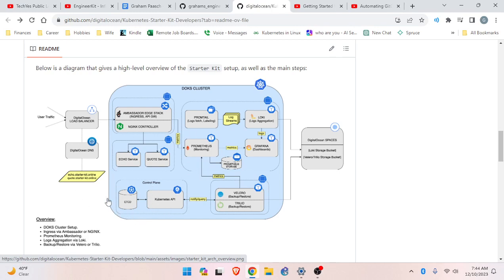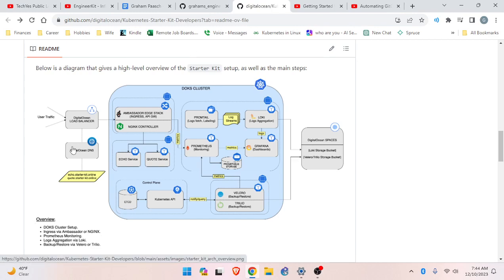So it starts with the control plane etcd, goes back and forth between the Kubernetes API, and then back and forth in a notify query way between Velero backup/restore and Trello backup/restore. And then it goes out to the bucket, but it also feeds metrics into Prometheus monitoring.